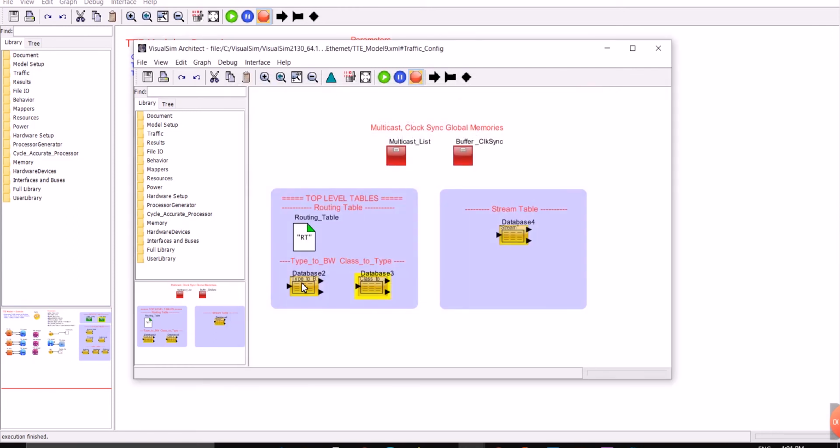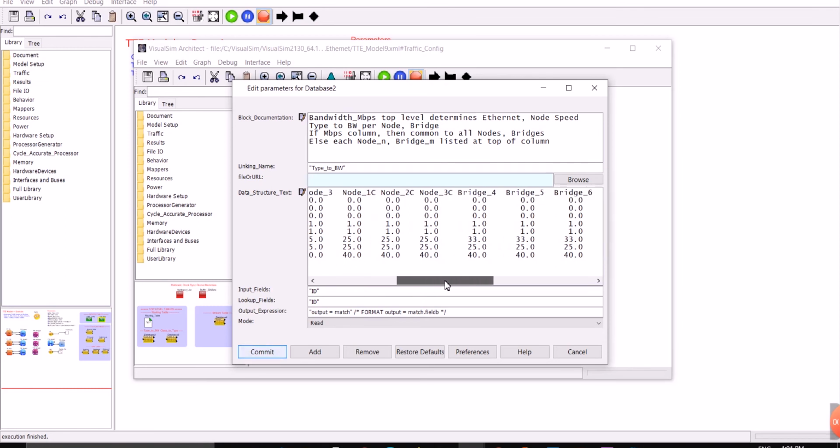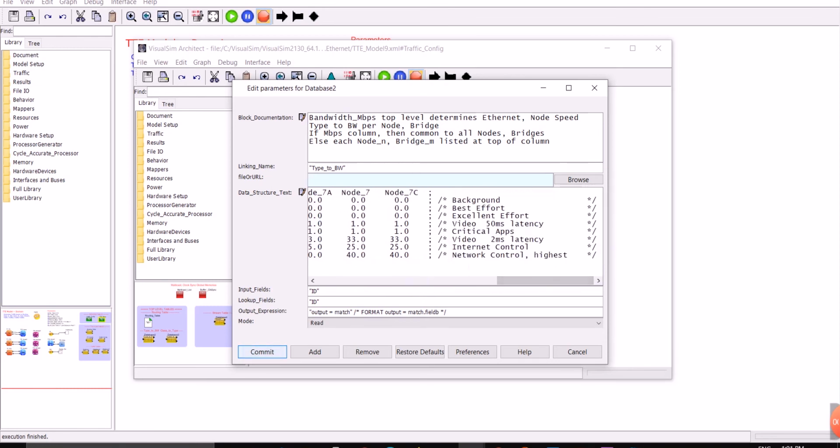So what are these type 4 and type 3? It's determined in the other table. We have type 4, we have type 3, and the types run from 0 to 7, each assigned to things like network control, best effort or background, and each is assigned a bandwidth.